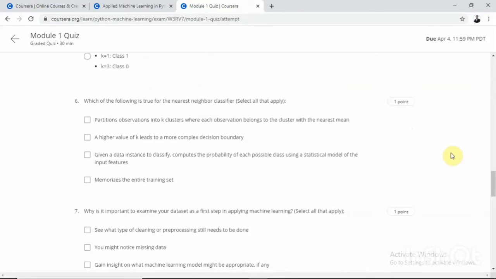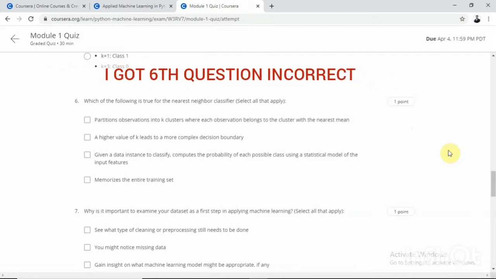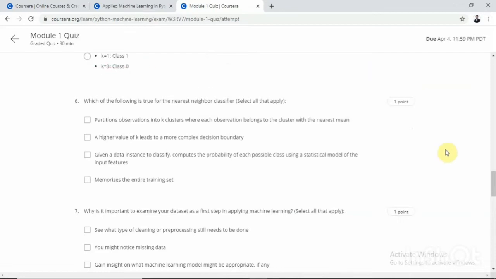Now let's go for the sixth question. Which of the following is true for the nearest neighbor classifier? Basically I got this question incorrect, so I'm a bit confused in this.